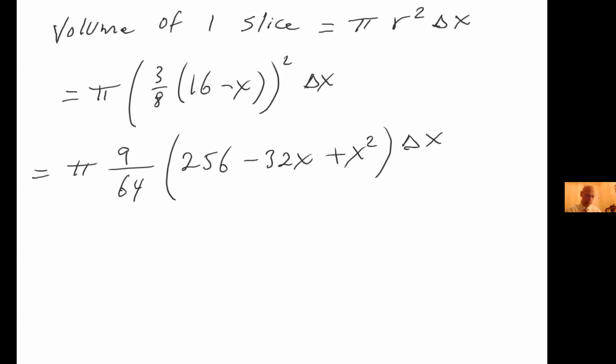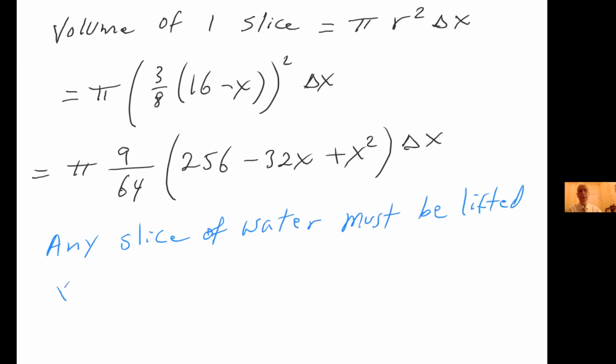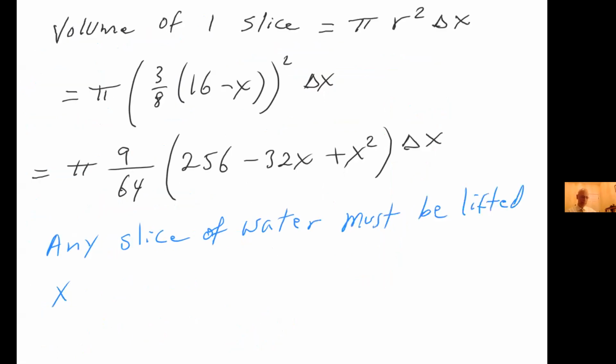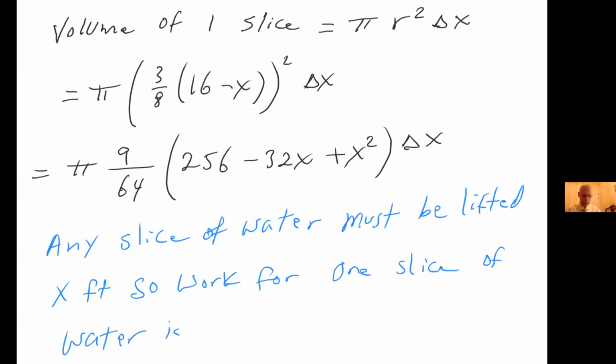So what do we know here? We know that any slice of water must be lifted x feet. Let's say that on the very first page the units are feet, so this is 8 feet, and this is 3 feet. So any slice of water must be lifted x feet. So the work for one slice of water equals